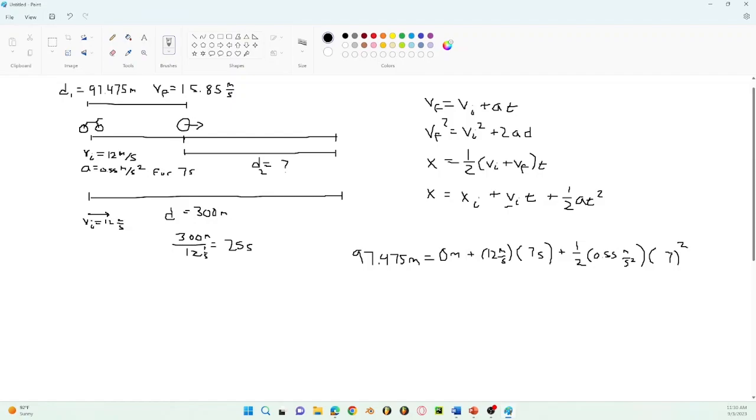D2 is then equal to 300 minus this, which is going to be equal to, I'm not doing that math in my head, 202.525 meters. Now we can determine how long it took them to travel here. From here to here, 7 seconds. From here to here is going to be